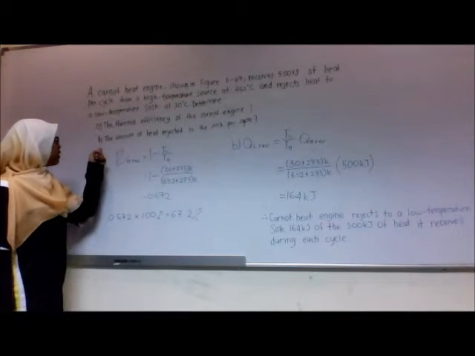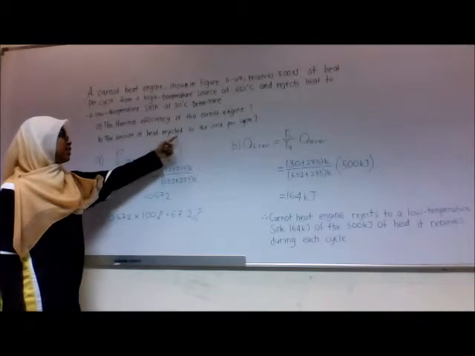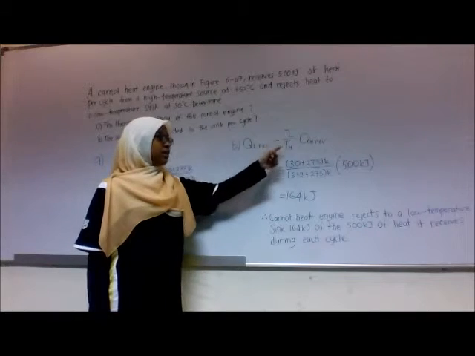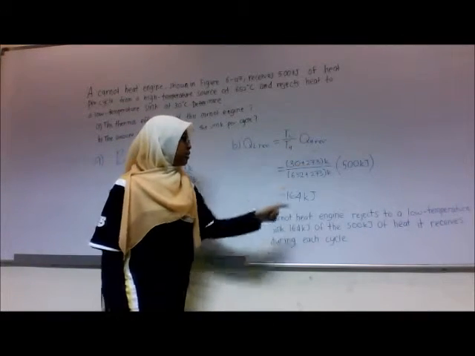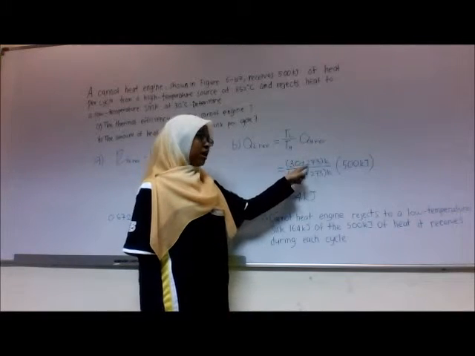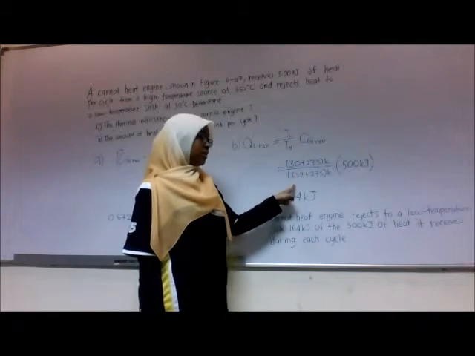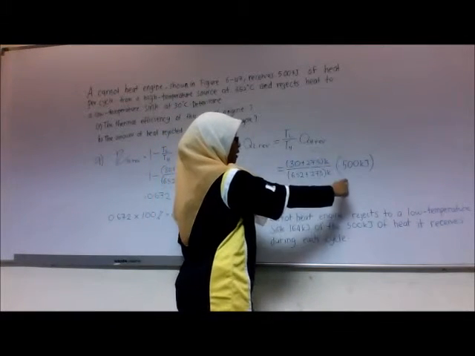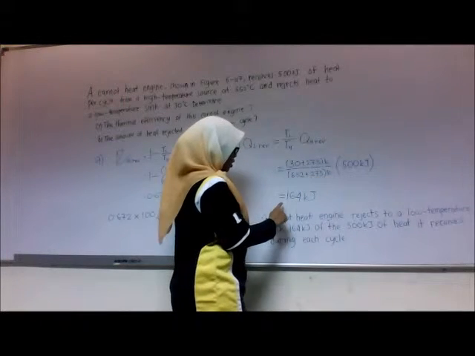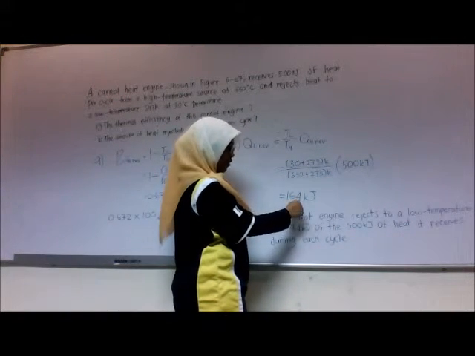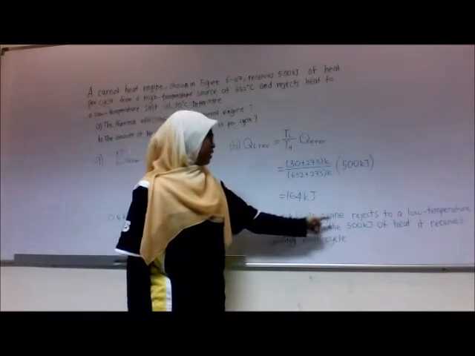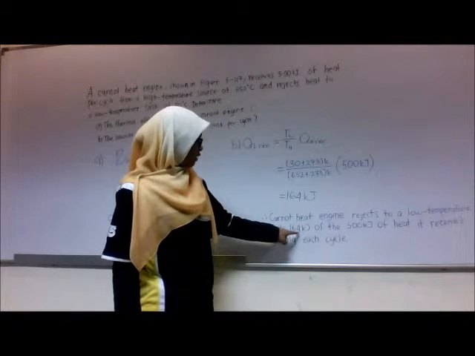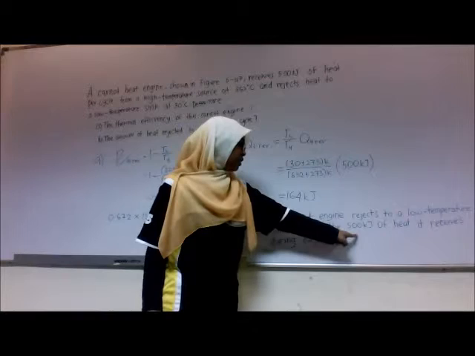For question B, to find the amount of heat rejected to the sink per cycle, QL equal to TL over TH times QH, equal to (30 plus 273) over (652 plus 273) K times 500 kilojoules. We got 164 kilojoules. The Carnot heat engine rejected to a low temperature sink 164 kilojoules of the 500 kilojoules of heat it received during each